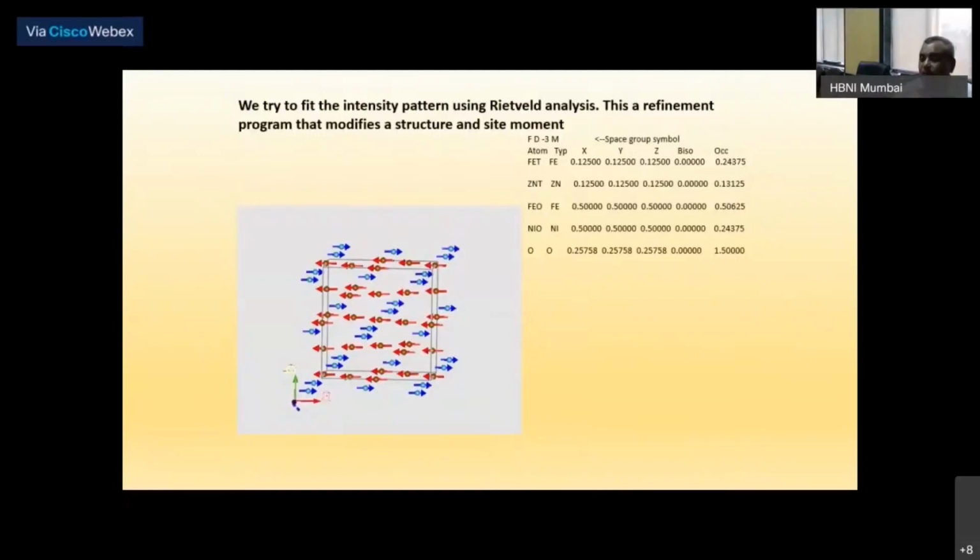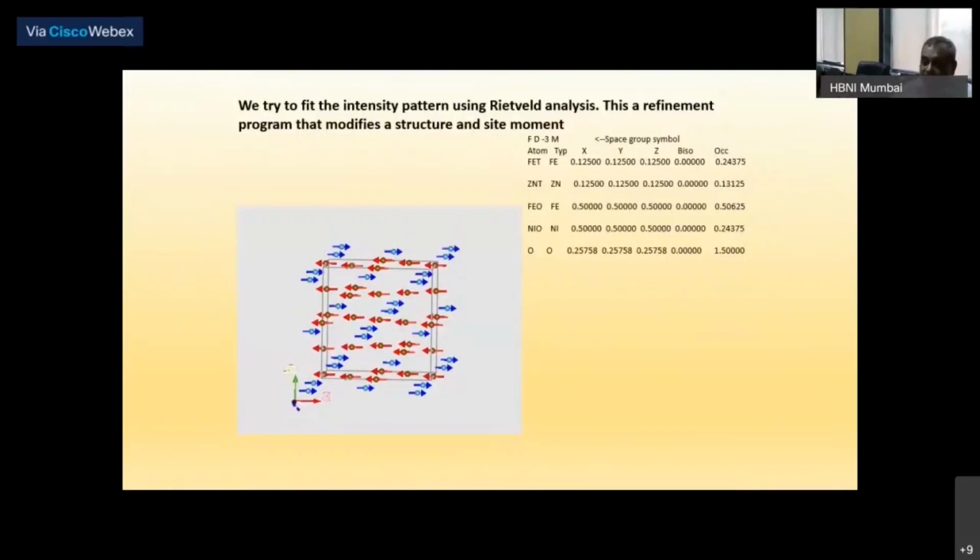Many of you who are beginning your research will be working in magnetic materials, and I know that there are many macroscopic techniques like SQUID, vibrating sample magnetometer, and others, but neutron is a unique tool to actually give you the magnetic structure. Of course, there are other techniques like XMCD, which can give you element-specific magnetism. That also has its own advantage. I don't mean to say neutron is the best technique. That will be like a one-eyed deer, you know. Everything is not best about neutrons, but in many things, neutron has an advantage.